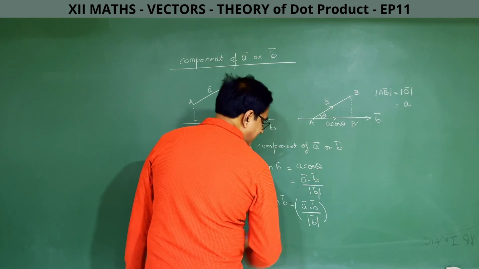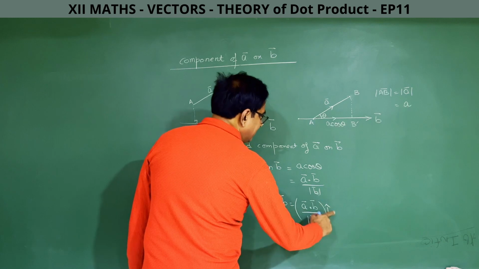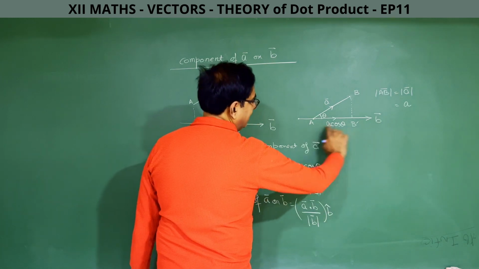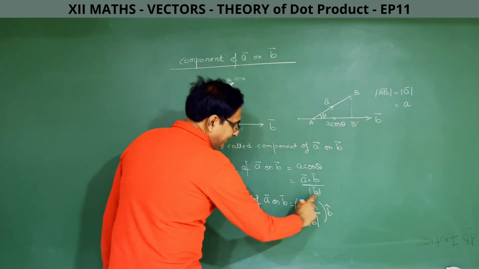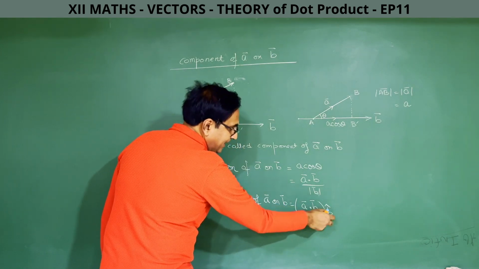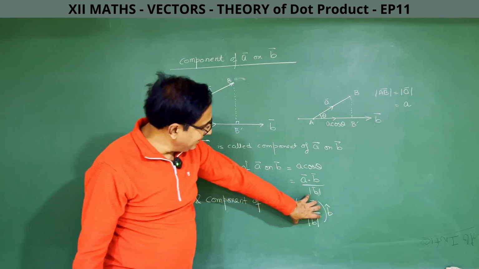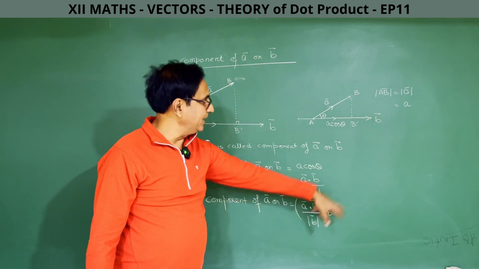तो अब मैग्नीट्यूड तो ये है a dot b divided by magnitude of b, ये फॉर्मूला अभी हमने डिराइव किया, और इसको आप b cap से मल्टीप्लाई कर दीजिए। b cap क्या है? A unit vector along this direction. तो ये भी एक वेक्टर है, इसका मैग्नीट्यूड ये है और इसकी डायरेक्शन क्या है? Same as that of vector b.